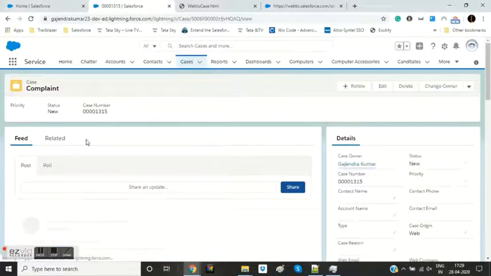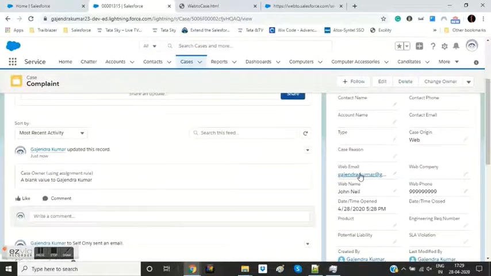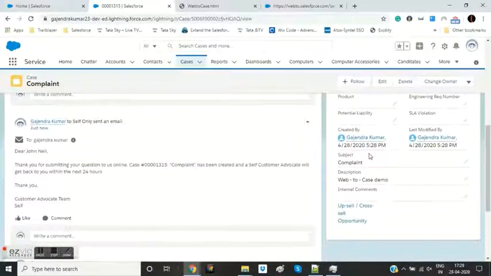The case owner is the default which we have set in our web2case setting. All information we provide will come into web-specific fields. For instance, the email I entered will come into web email, name will come into web name, and the phone will come into web phone field. The subject is complaint, which we selected, and the description. Okay, so now this case is created.